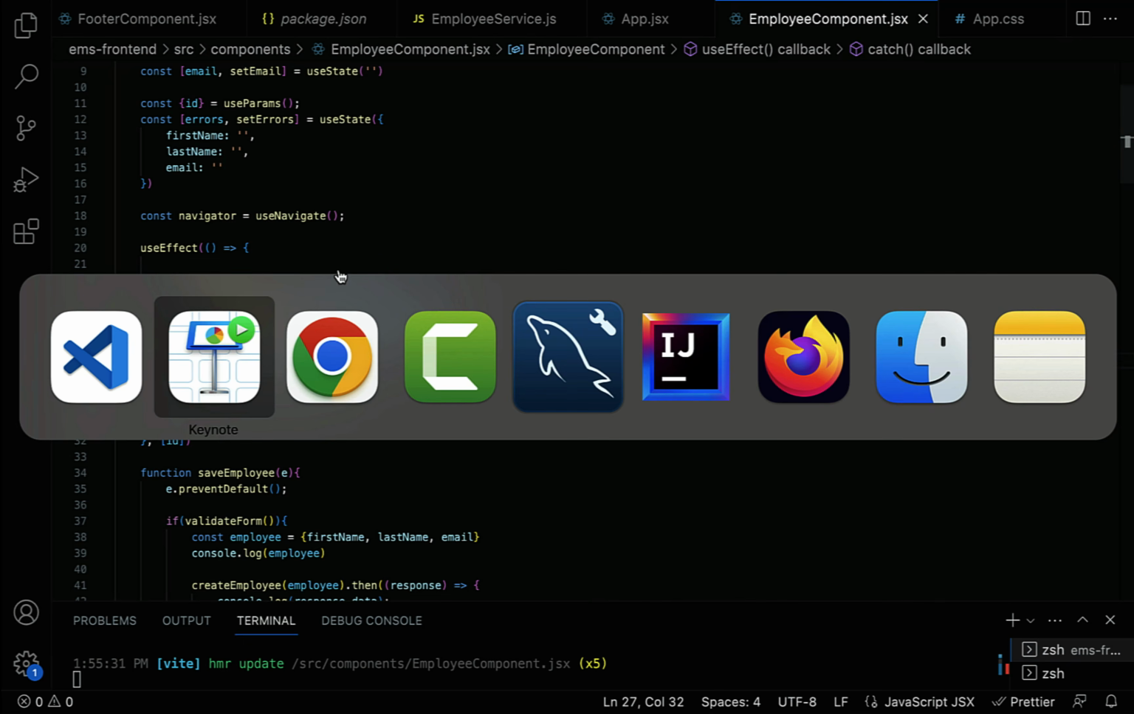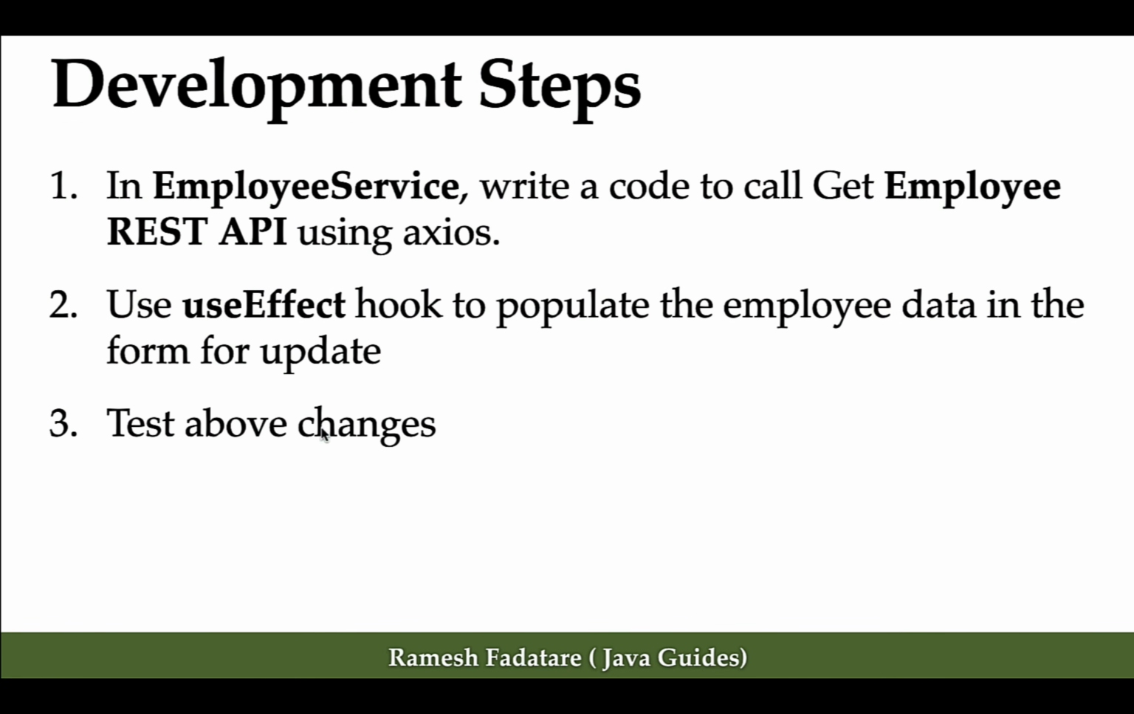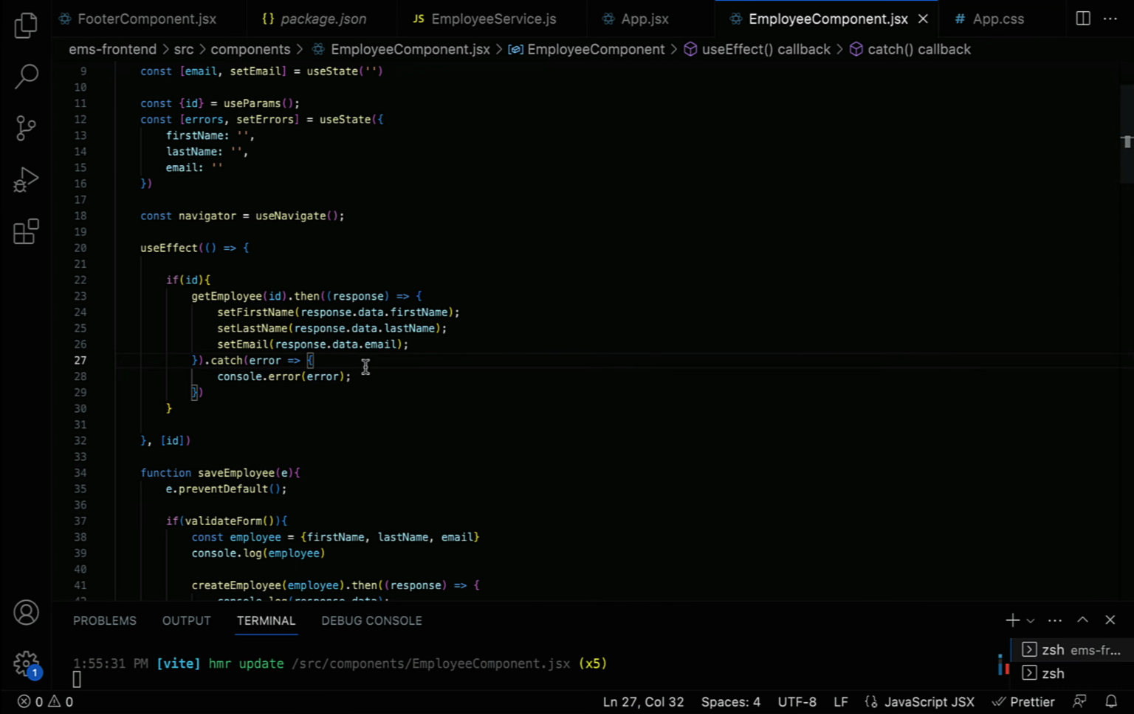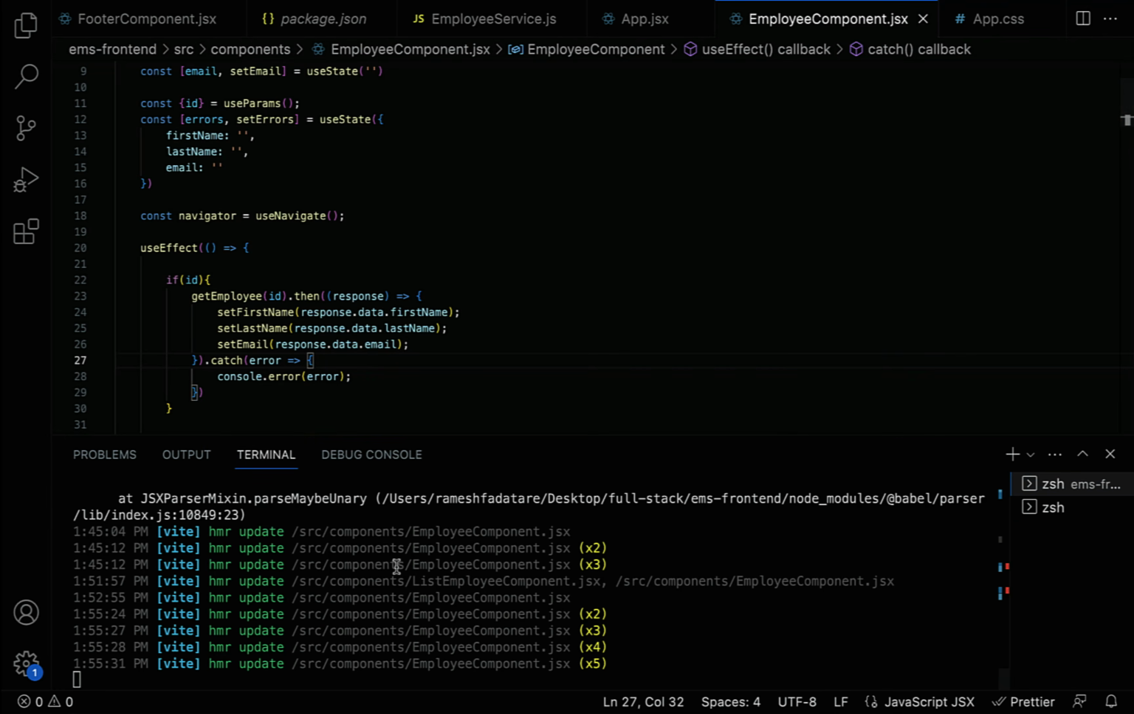Perfect. Next, let us take a look into next step. Next step is test above changes. So let us go back to our project and look at here our application is up and running in a development server. Next, let us go to browser